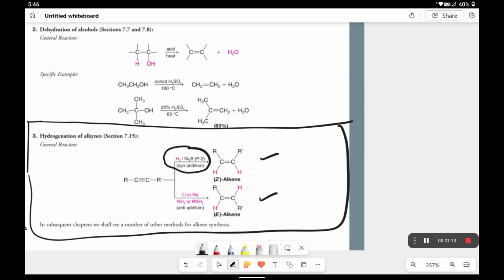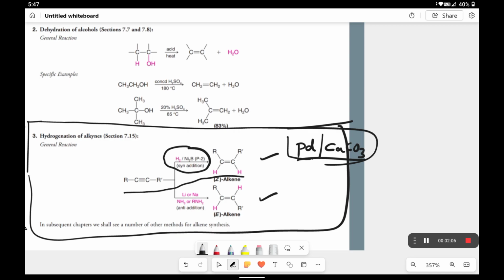In the previous classes we have discussed this, and I am going to tell you one more catalyst, that is palladium. This palladium is a very strong reducing agent that will reduce almost all triple bonds to single bonds. In order to reduce the activity of the palladium, we use calcium carbonate as a negative catalyst, which poisons the palladium catalyst. By this mechanism, the catalytic power of the palladium is reduced by the calcium carbonate. If you use this catalyst, palladium or nickel boride,